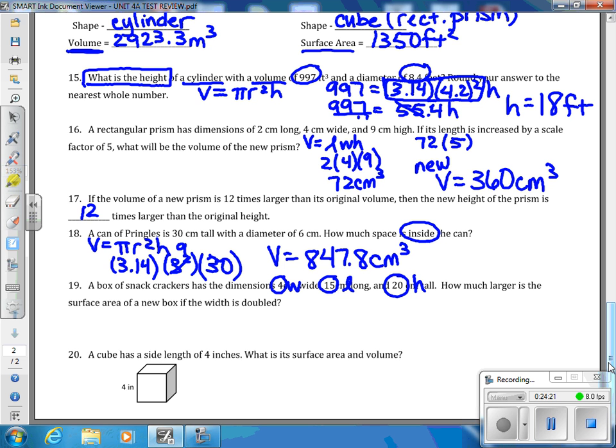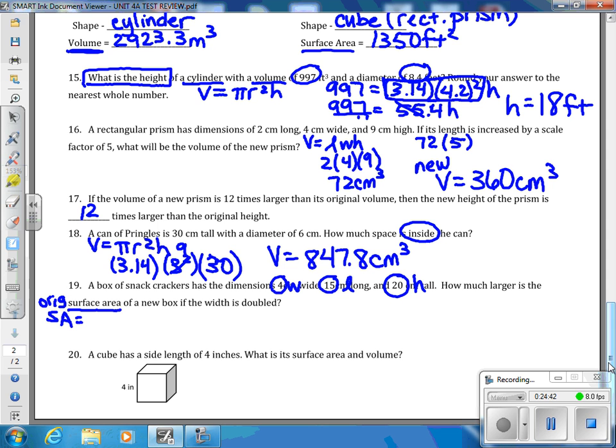So there's your length, your width, and your height, but not in that order. How much larger is the surface area of a new box if the width is doubled? Right, so the first thing we want to do is figure out what is the original using the original numbers. And remember, surface area is 2LW plus 2LH plus 2WH. So that means that for the original box, we are going to have to calculate the